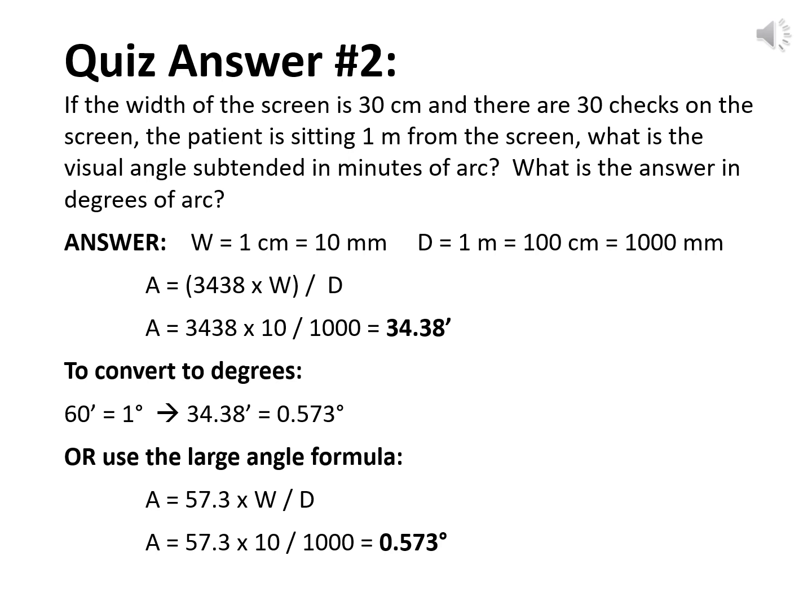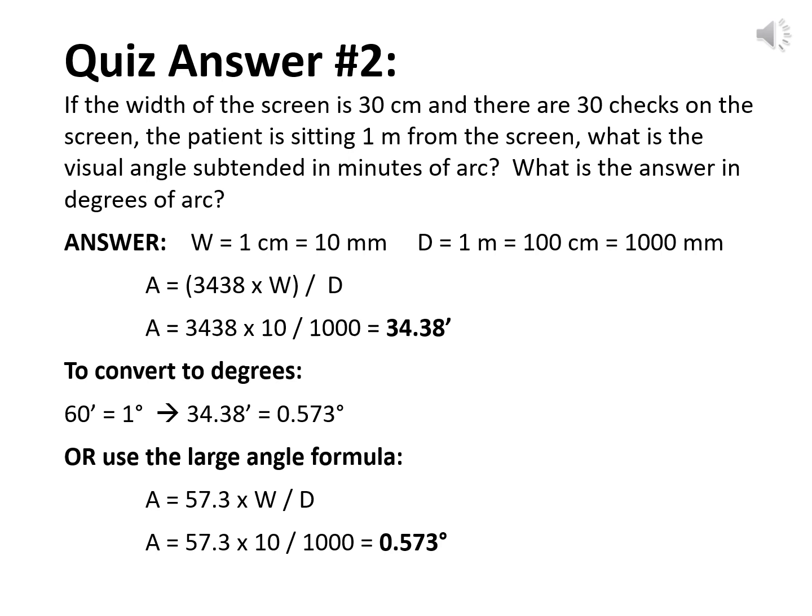Our small angle formula gives us the answer in minutes. To convert to degrees, we know there are 60 minutes in 1 degree, and so we can divide our answer of 34.38 by 60 to give us an answer of